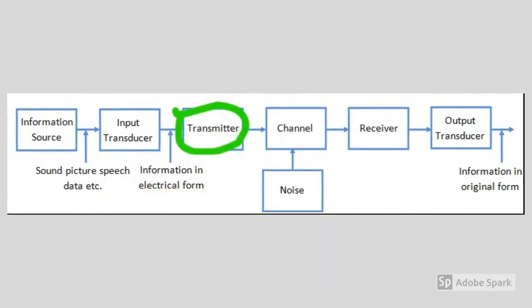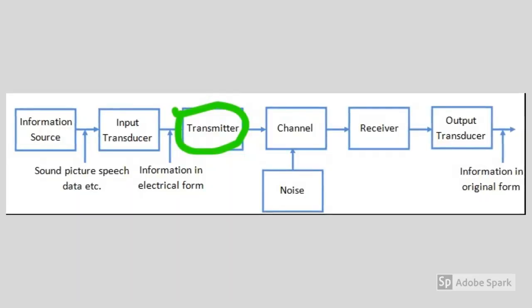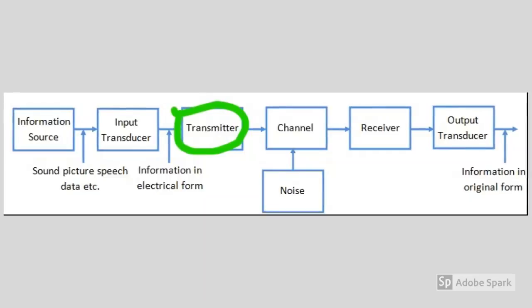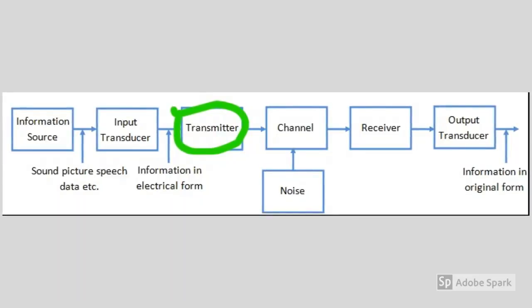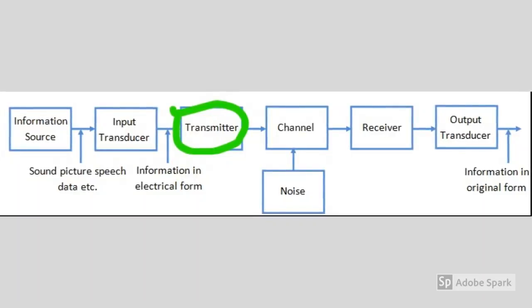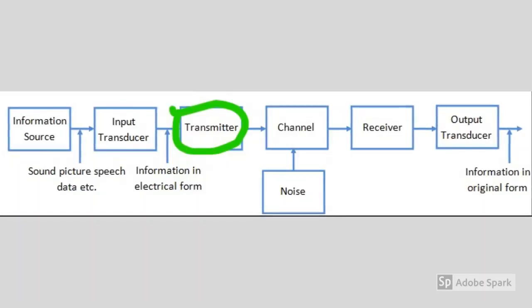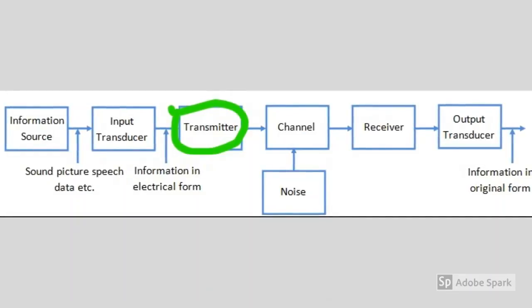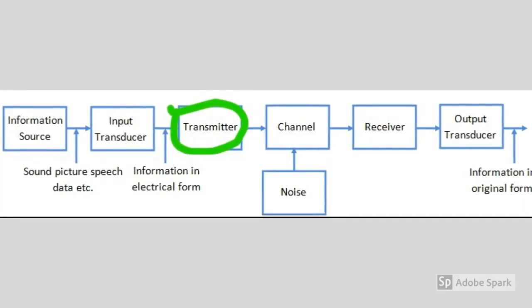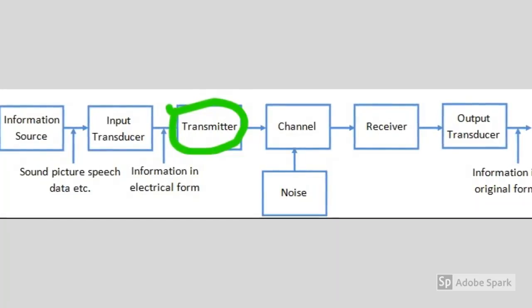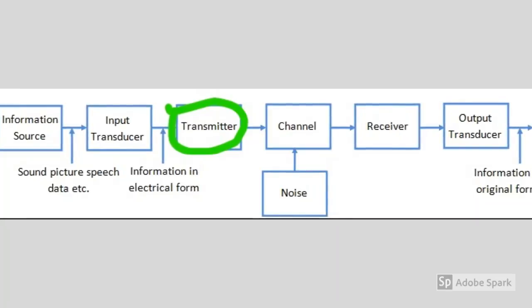The next block is the transmitter. The function of the transmitter is to process the electrical signal from different aspects. In wire telephony, no real processing is needed. However, in long distance radio communication, signal amplification is necessary before modulation. Modulation is the main function of the transmitter. So inside the transmitter, signal processing such as restriction of range of audio frequencies, amplification and modulation of the signal are achieved.